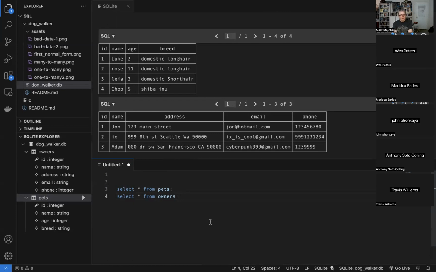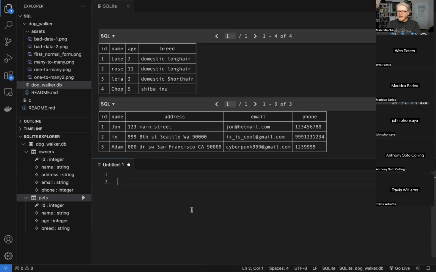So, what if we wanted to, did we set a foreign key on this? I don't think we did. Let's go ahead and alter this table.